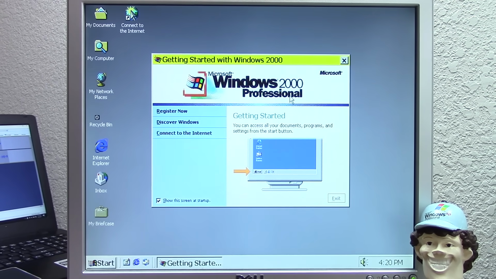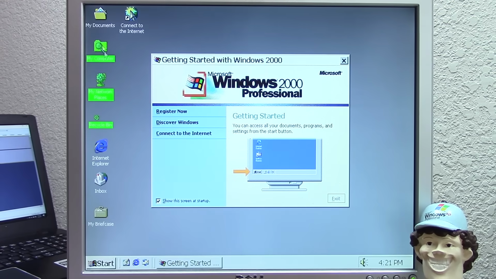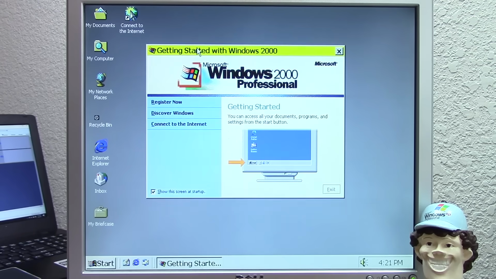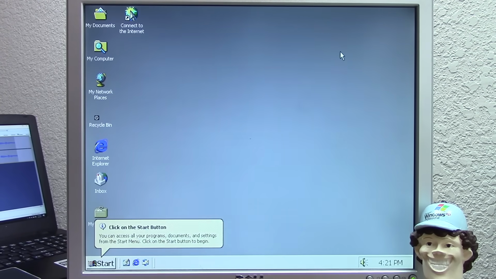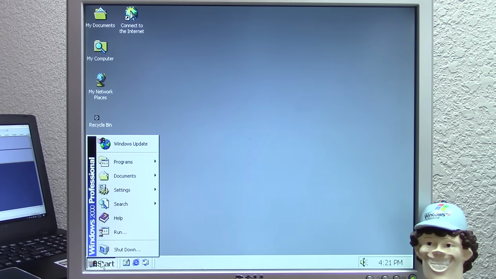But yeah, the theme that we set in Windows NT 4.0 did actually stay, and check that out, the icons did too. Remember, we changed all the icons over, or not all of them, but my computer, my network places, and the recycle bin all retained our custom icons. The highlight color is still green, and we get that wonderful getting started window. We're going to go ahead and close out of that for now,